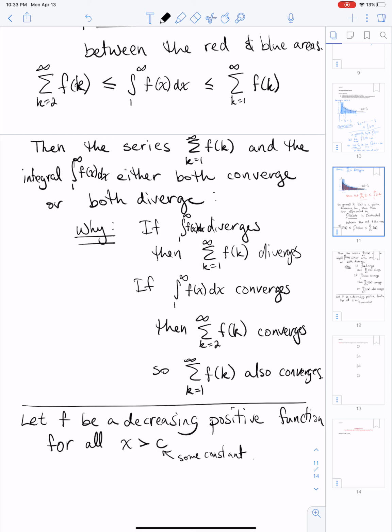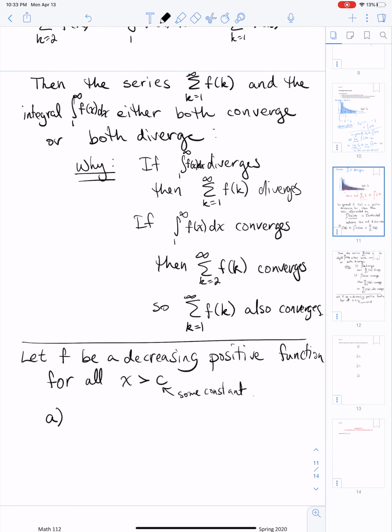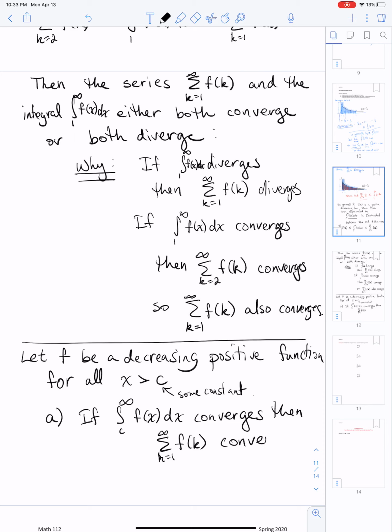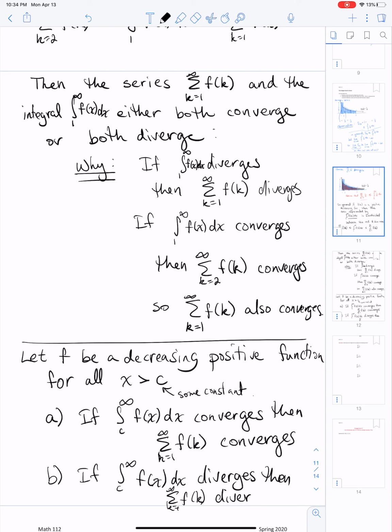And then the two statements here are: a, if the integral from c to infinity of f of x dx converges, then the sum of f of k from k equals 1 to infinity converges, and b, if the integral from c to infinity of f of x dx diverges, then the sum from k equals 1 to infinity of f of k diverges. Okay, so the point here is that